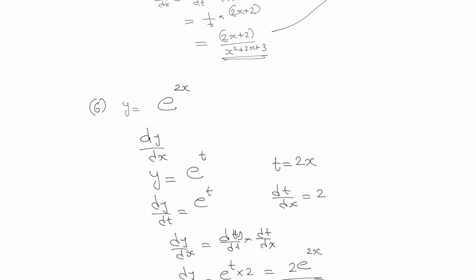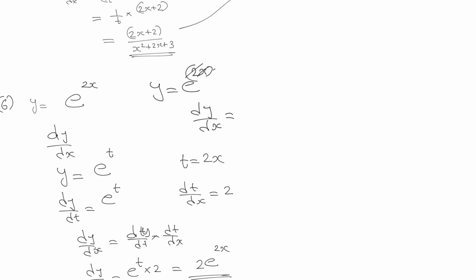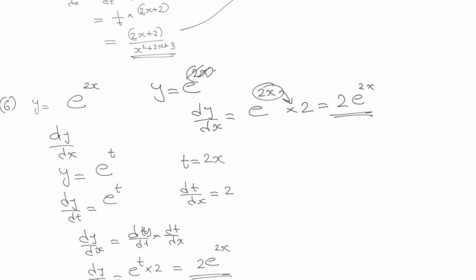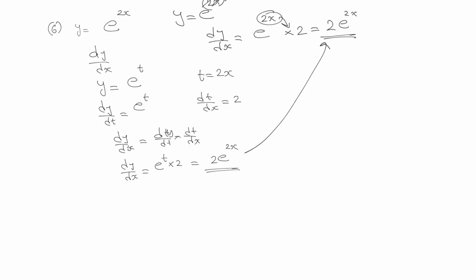Like in our question, y is equal to e raised to 2x, we can just consider that this 2x is nothing but x. So we can write differentiation of e raised to x is nothing but e raised to x. So we can write this as e raised to 2x. Now the term that we consider as x, we can just differentiate it and multiply it over here. Differentiation of 2x is 2. So our final answer is 2 into e raised to 2x. So I'll get the same answer. So I hope that you understood this.